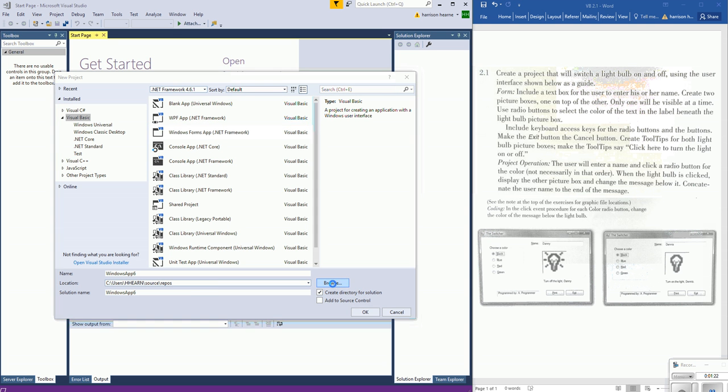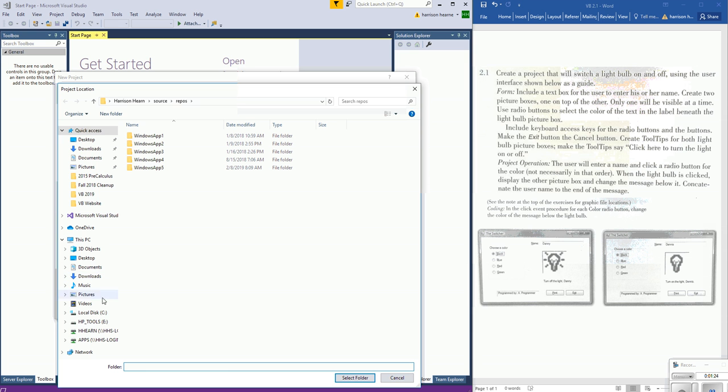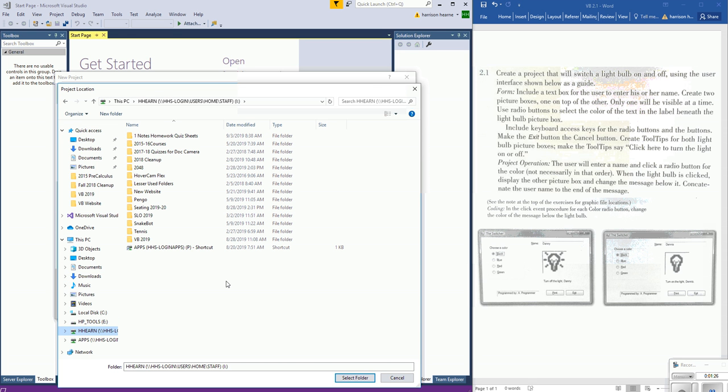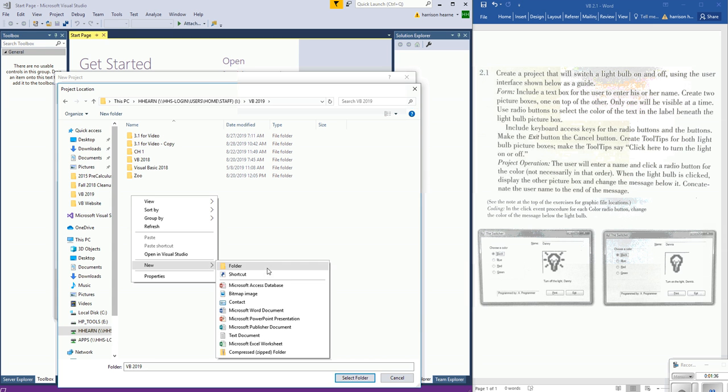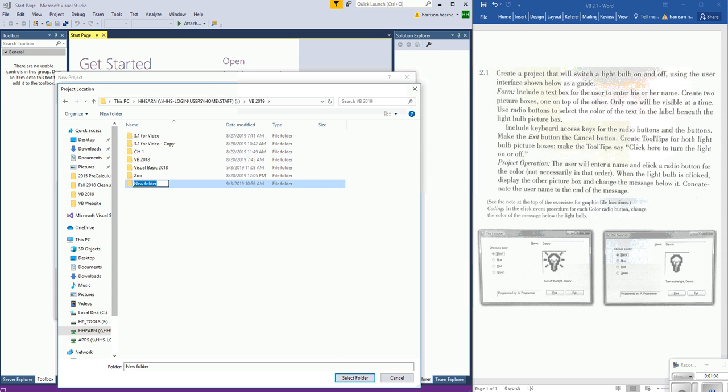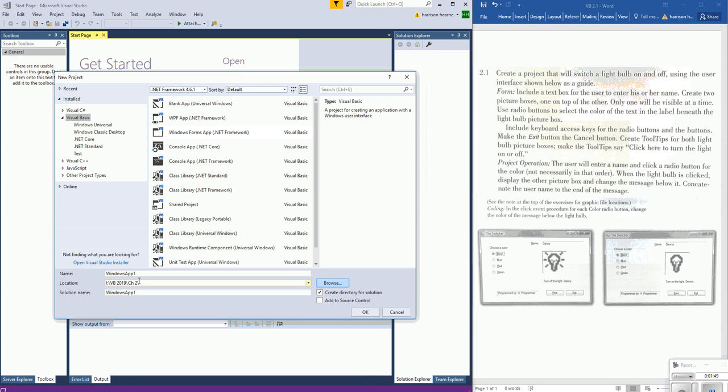So I'm going to go browse. I'm going to go to my particular page. I've got a VB 2019 right here, and I'm just going to create a new folder, and I'm just going to call it Chapter 2. You should already have a Chapter 2 folder. I didn't, so I'm going to select that folder, select,